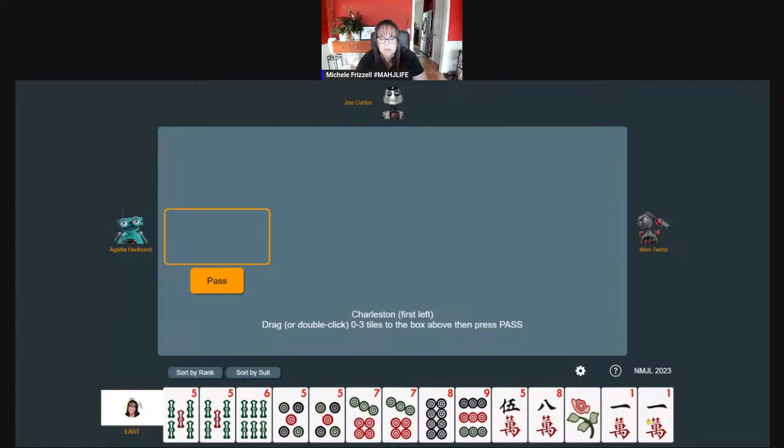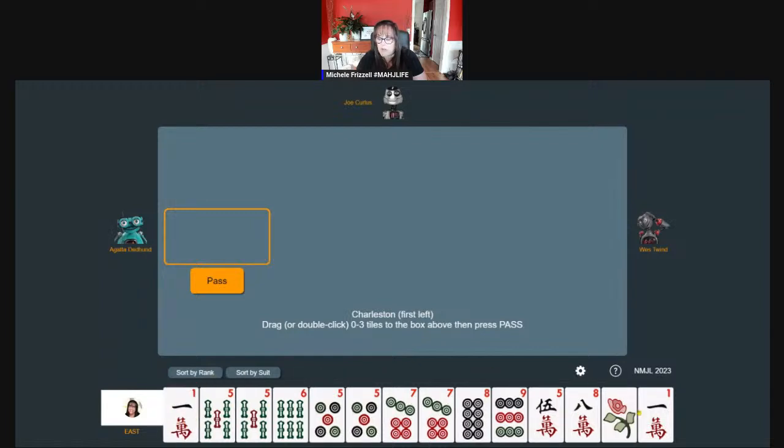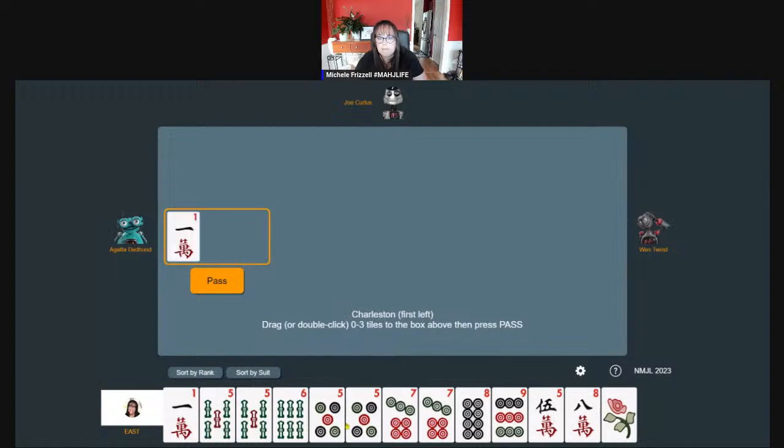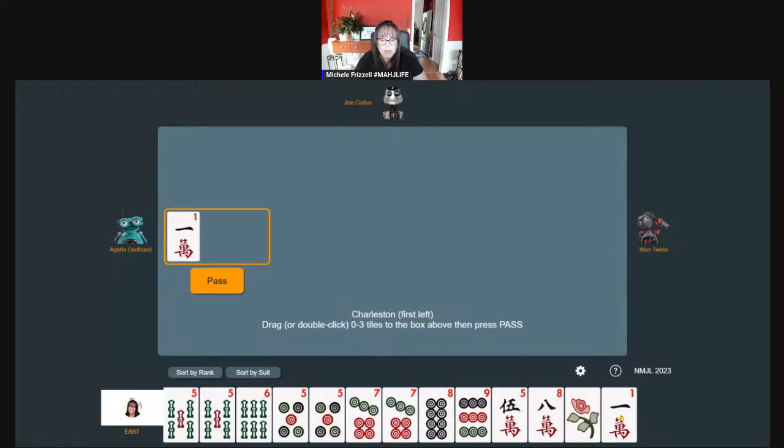We have a pair of ones. That pair of ones could work if we get a 3 crack for the first odd hand on the right. 1 crack, 3 crack, 5 BAMs, 7, 9 in dots. But we have no 3, so I would break it up. We're not keeping the 1 crack because we have no 3. So we could do 5, 6, 7, 8, no gaps. We could do 5, 7 bam, 7, 9 dot, but we have no 7. Probably I would let